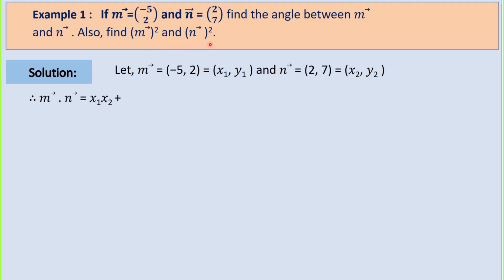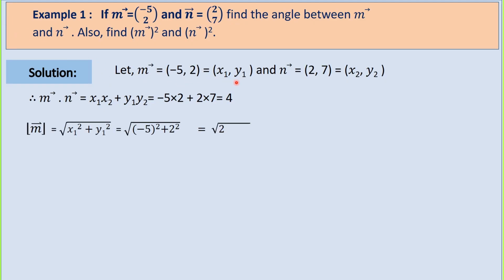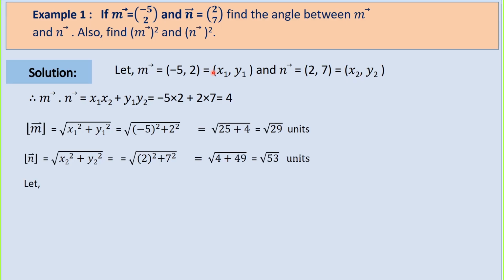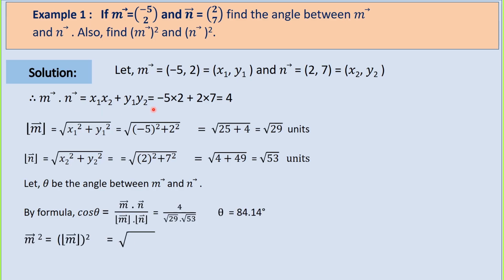This can be solved as follows. Let vector m be equal to (-5, 2), that is equal to (x1, y1), and vector n be equal to (2, 7), that is equal to (x2, y2). Now, product of vector m and n is equal to x1 x2 plus y1 y2, that can be written as